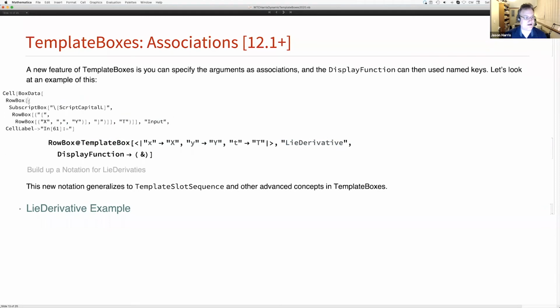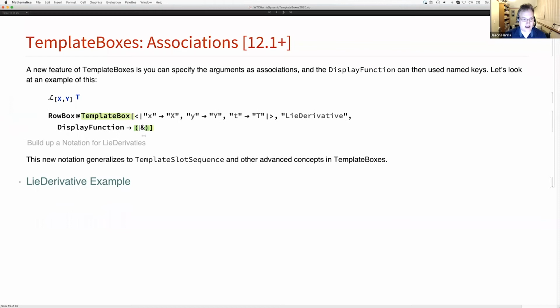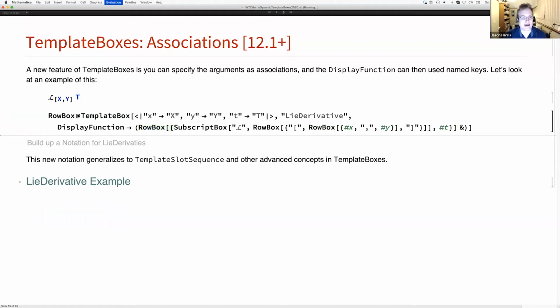And now what should the display function be? Well, let's grab those boxes of what it is here and put those in. So instead of #1 as a pure function, it's going to be using the named arguments, so it's going to be using string slots. So it'll be #x, #y, #t, #t, and now this will actually